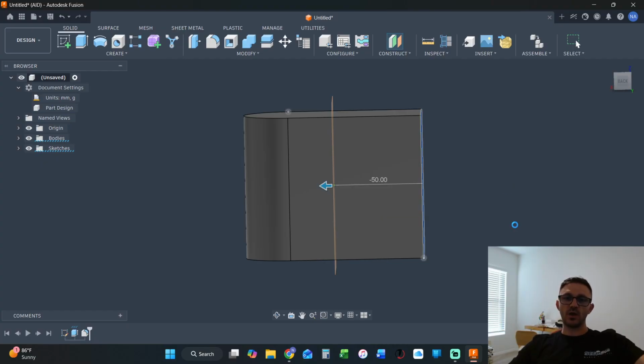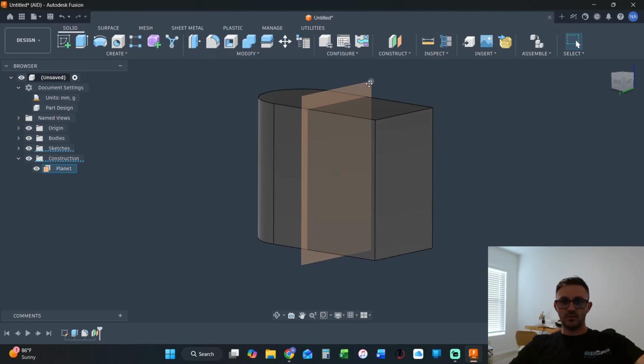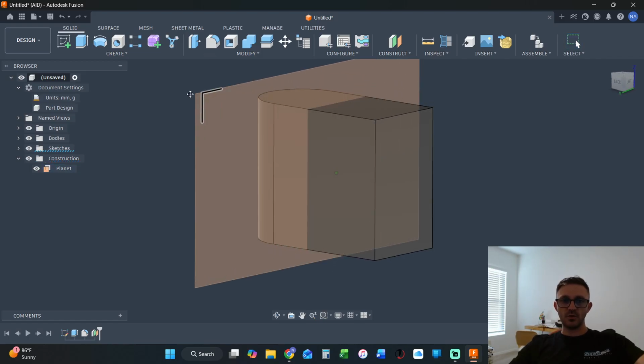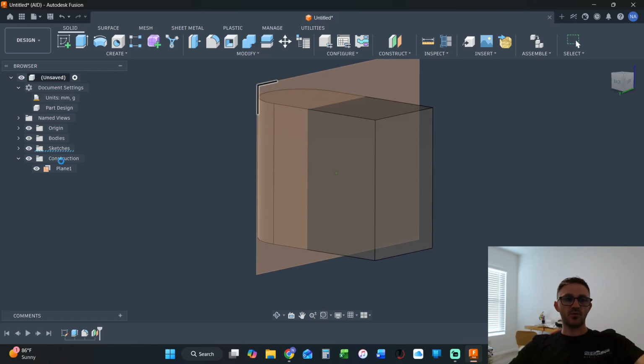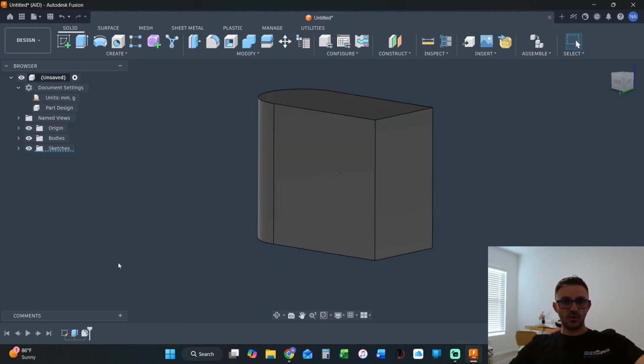If I just go ahead and click OK, just so you can see what a plane looks like. You can go ahead and drag it and make it as big or as small as you want. And again, it pops up in the model tree right here. I'm going to go ahead and delete it so it's out of the way. I like a very clean workspace,